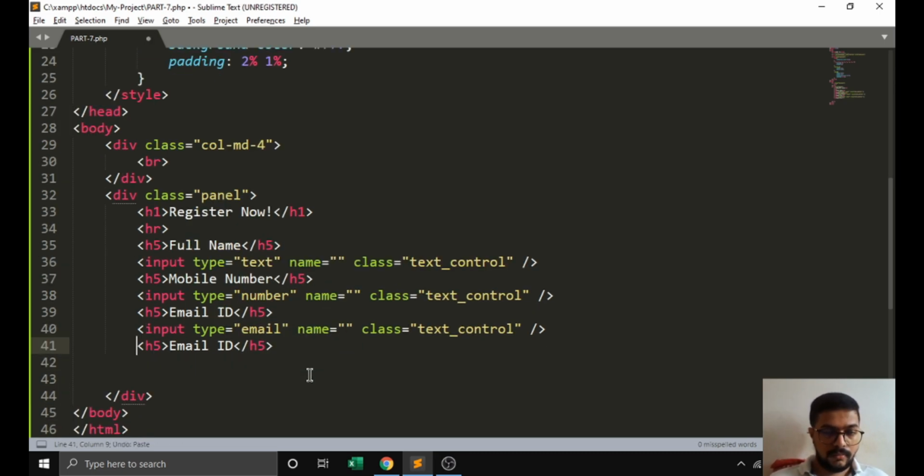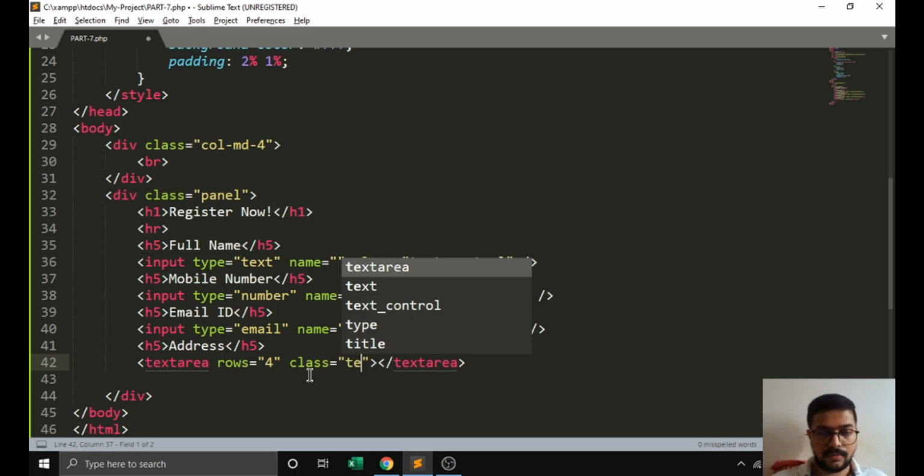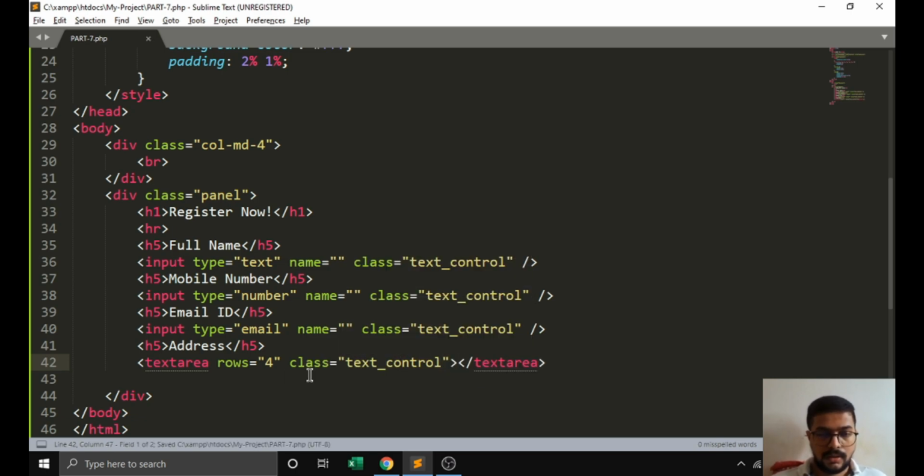Here we just need one address. For that we need a text area of rows 4 or something like this. Then we need the same class property, text control. Then finally we need some anchor tag or button: one submit button, and one for reset.